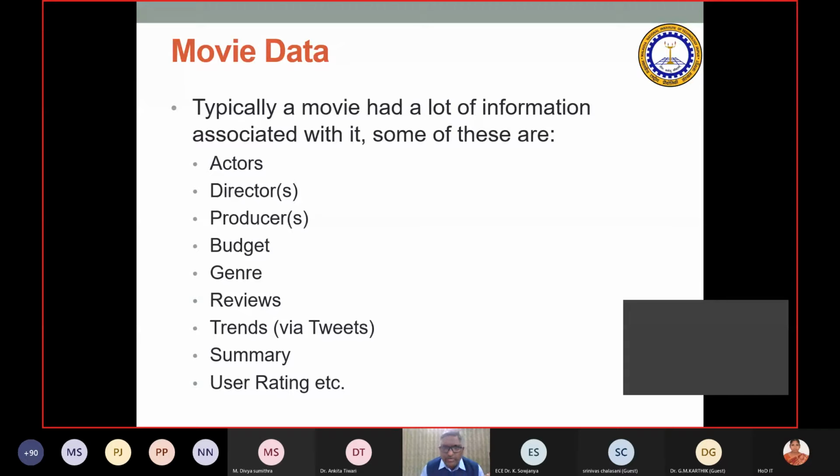A movie has a lot of information, like who are the actors, who are the directors, and all. Now we put all of this data onto a Titan graph database, right? So it was very easy. So what has happened is, once we put it in a graph database, if the actor has acted in, let us say, 5-10 movies, right? All those 5-10 movies are linked with the actor's name.